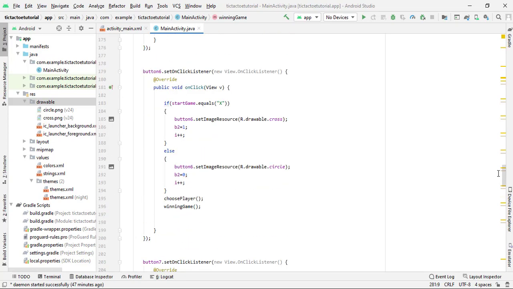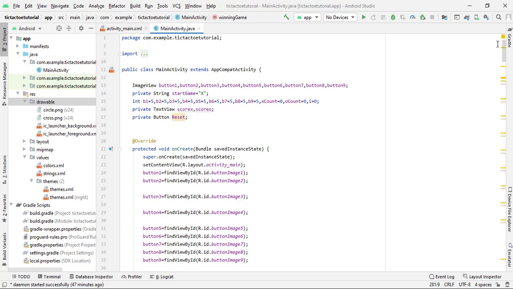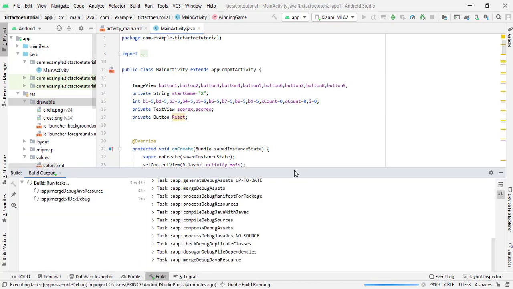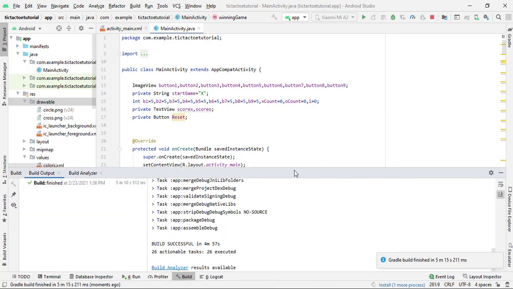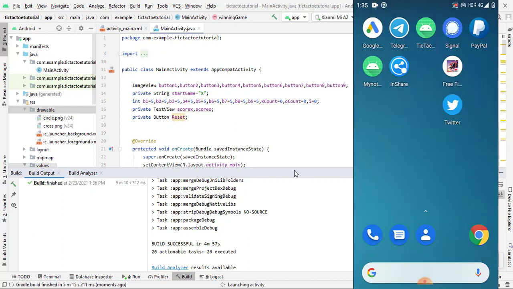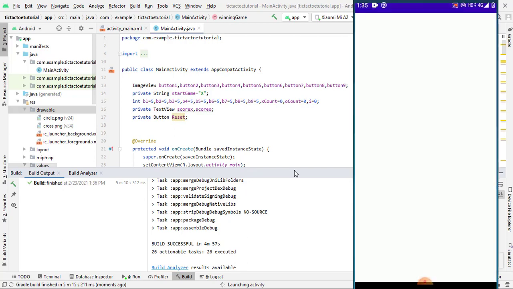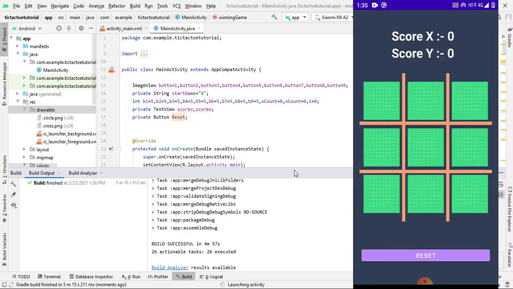So for this I have to run this app. So for this I am going to use debugging mode. So after checking the app we will write the more code. So first let's check it whether it is working or not. So here you can see I successfully connect my phone, and I press on run button, and Gradle start building. So let's wait. So our app built successful, and it will install the application inside our phone, and now application installed successfully.